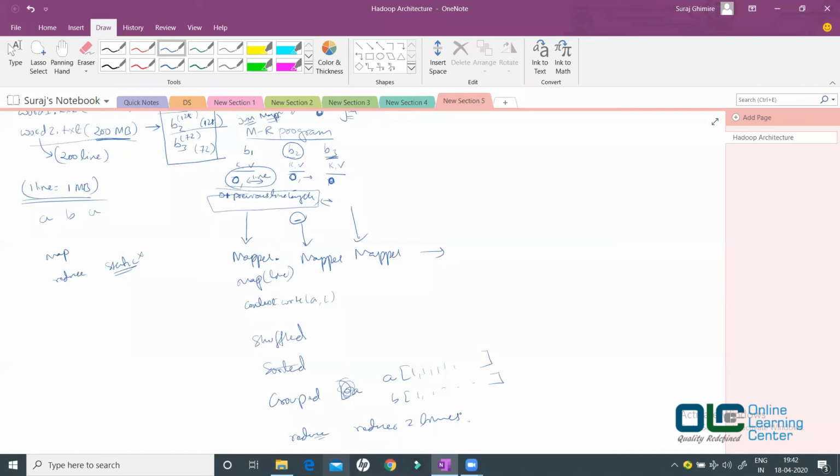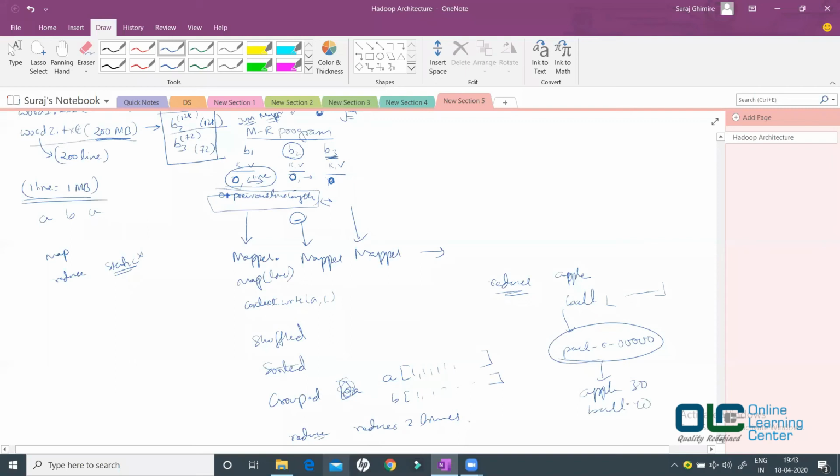So what will happen is this reducer will first process apple, right? It calculates its total count, and then it will take the next group, ball, and again it takes the total count, and then it finally writes to a file called part_r files. Okay, this file is what you can see. You can open this file and check the content. You will see apple count is, let's say, 30, ball count is, let's say, 40, something like this. So this part_r file is completely visible. You can open this file and verify what the output is.